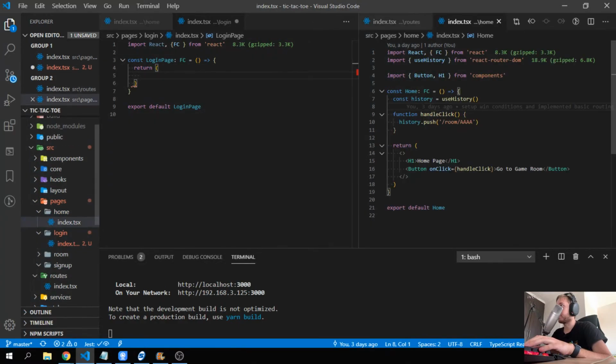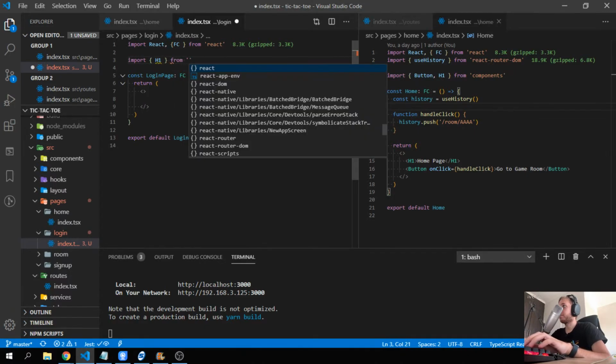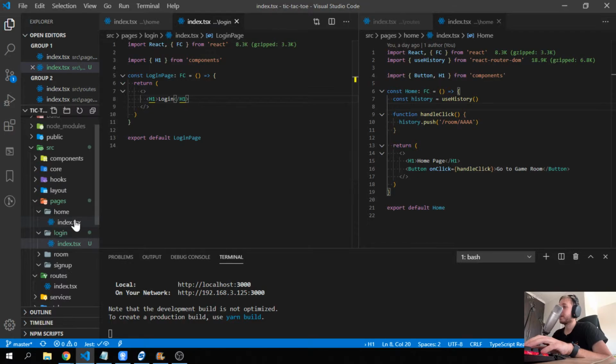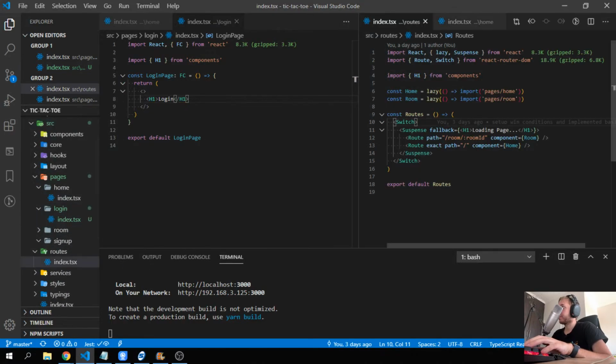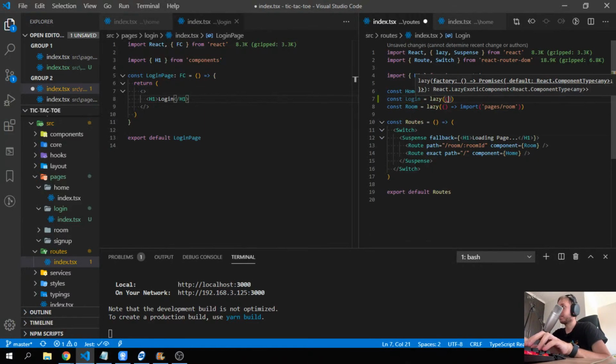How do we have our home page set up? The home page is just things set up as is. So I'm going to import those things. Import h1 from components. Perfect. So that's happily imported. Great. Then next up, I'm going to place it here and make it login. So that's going to be a centered screen at the top. It means if I update my routes and add a page for login, we'll say const Login equals lazy. So we're lazy loading this,